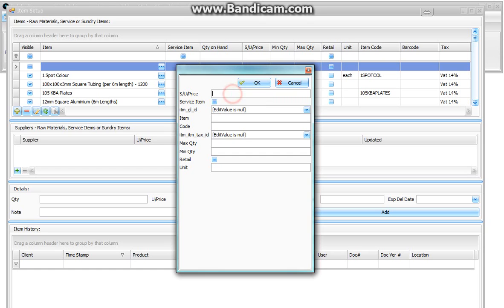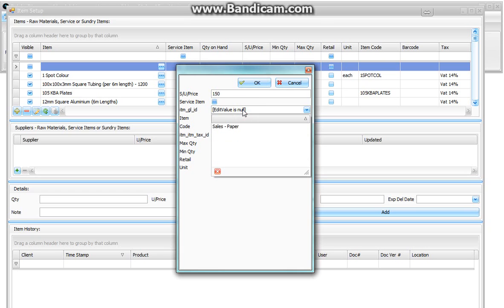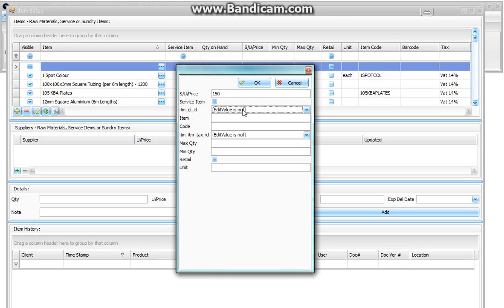In this screen, we can enter the selling unit price for our item. We can specify whether or not this is a service item. We can specify a GL ID for our general ledger. The item name can be entered into the item field. We can allocate a specific code, the same as our accounting code